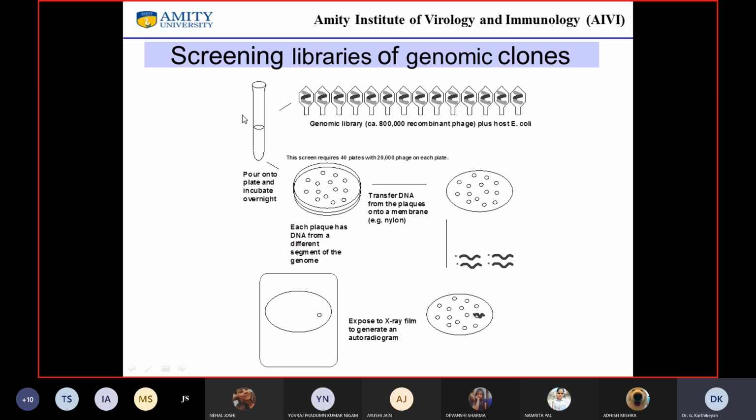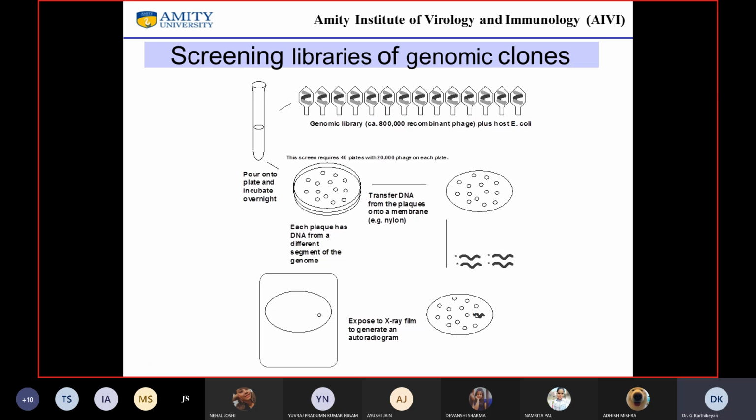If you want to screen the entire human genomic library, this would require about 40 petri dishes with about 20,000 phages on each. As the bacteriophage lyses the bacteria, it produces what is called a plaque, and each plaque has DNA from different segments of the genome.